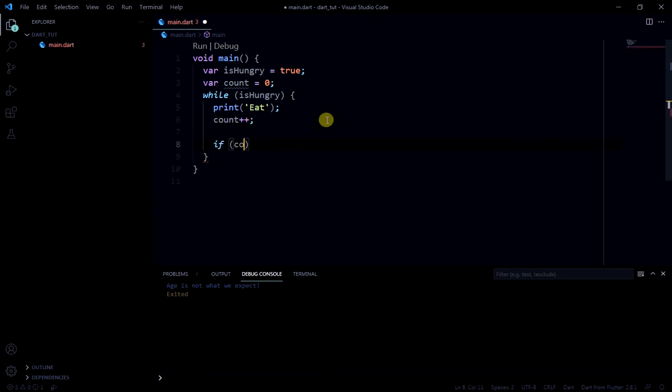So while I'm hungry, I want to eat. Now I want to say if count is greater than 10, then I'm going to say isHungry is false. So this is a case that allows me to break out of this while loop and say that I am done with this. All right. So if I run this,